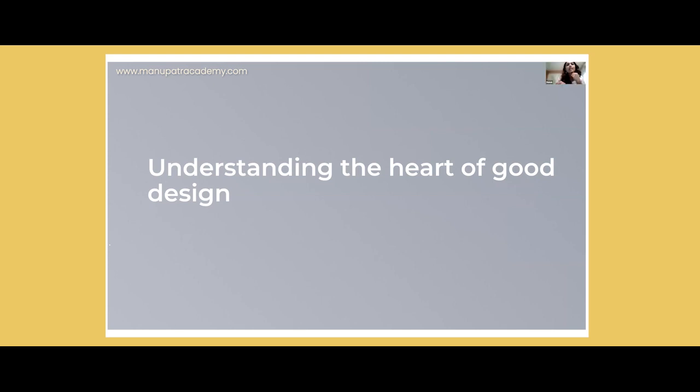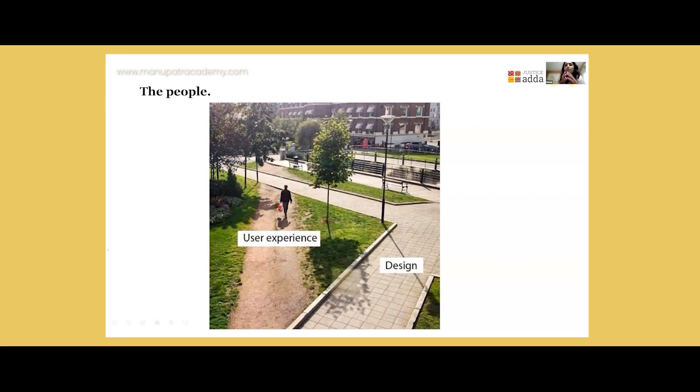When we think about the idea of good design, I think nothing explains it better than this picture, where the idea is that you may design a process, a policy, a framework a certain way, but ultimately users decide how they're going to use it and whether or not they're going to use it a certain way. As the picture explains, ultimately the user experience can be very different from how a product or a path or a certain thing may be designed. So at the heart of anything that you're trying to create, with this idea of how do we make it more friendly for our users, we have to think about the people first, the people who are going to be experiencing this.